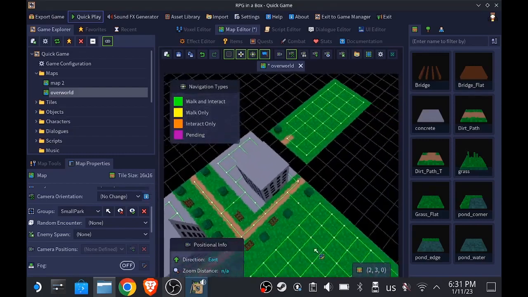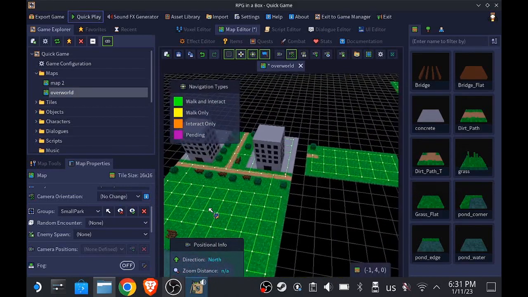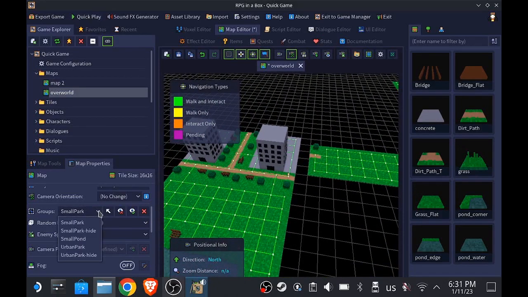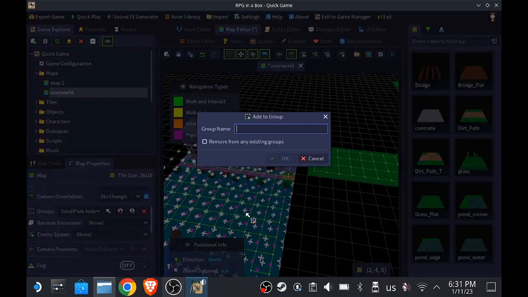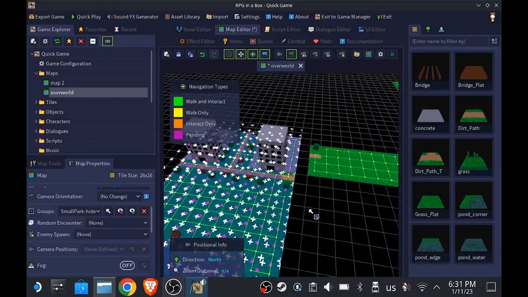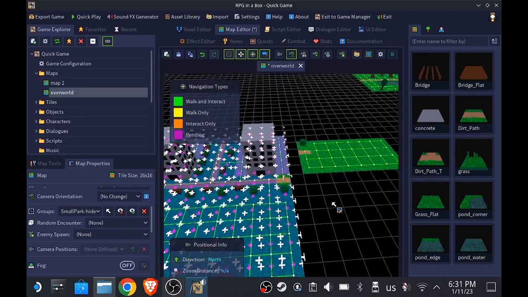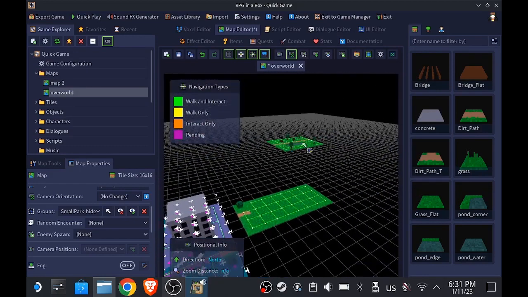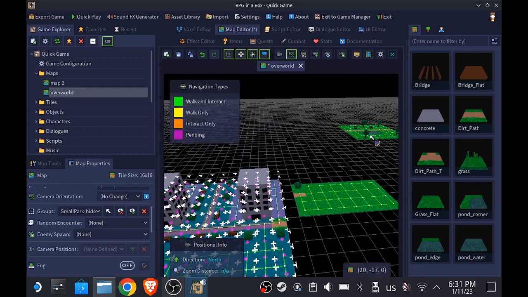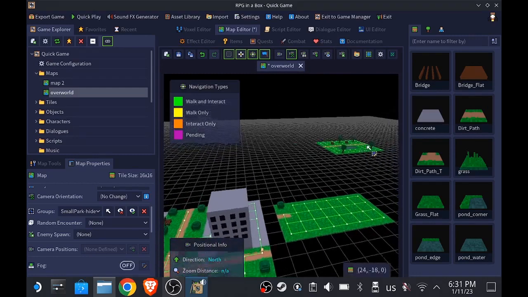And then what we want to do is reselect Urban Park Hide, I think it is, or no, so Small Park Hide, reselect that. And we'll also add that to a group called Small Pond Hide. So now we just basically flipped it round. So we've now got a group that when we're in this area, this will be invisible. And when we're in that area, this will be invisible. And all we'll do is we'll quickly select